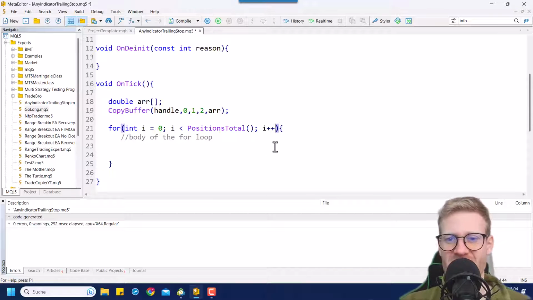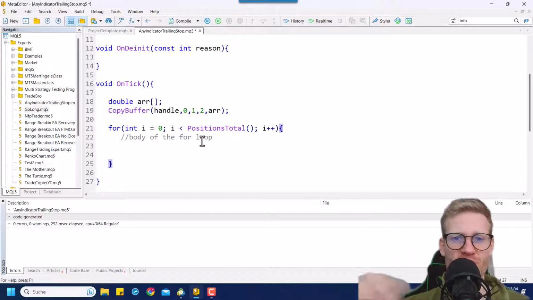This is exactly the same. So this is the same as saying i = i + 1. It just increases the value in the i variable by 1. And after we did this, we will check the condition again. And this is why it's called a loop, because we will do this over and over again until the condition is no longer true. So in the body of the for loop, what we want to do now is